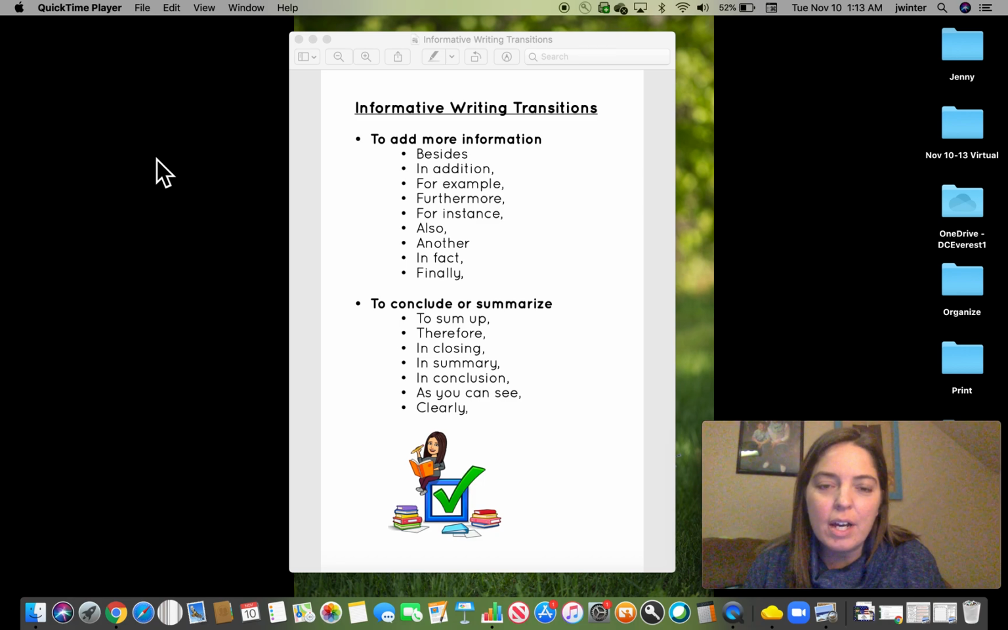Hi, writers. Today we are going to be working on our first draft of our informative paragraph, which is about a place in our community. And now that we've gotten done with our organizer, we're going to start taking those sentences and adding them into our first draft template. And now our new goal is to be able to add some of these transition words